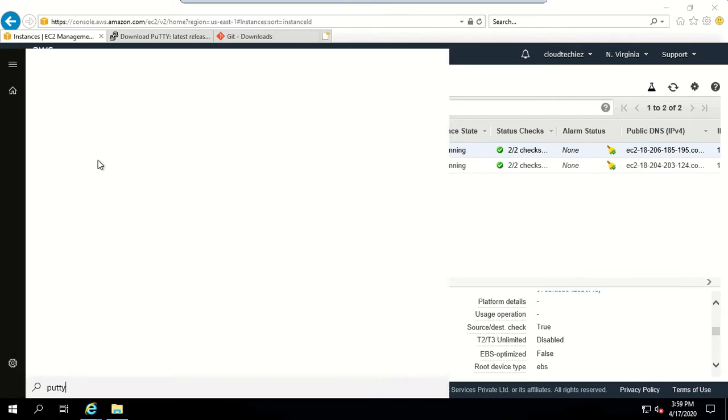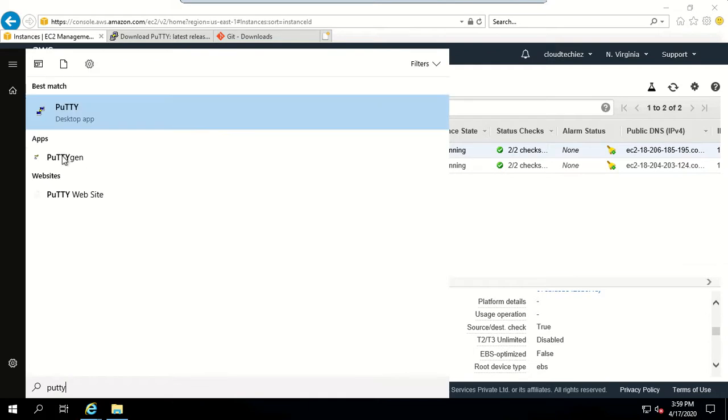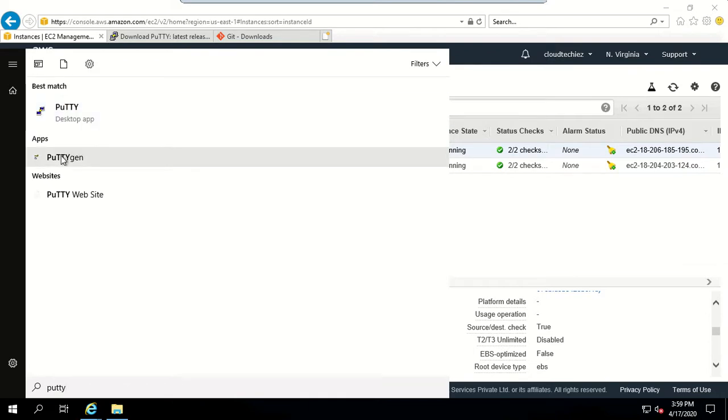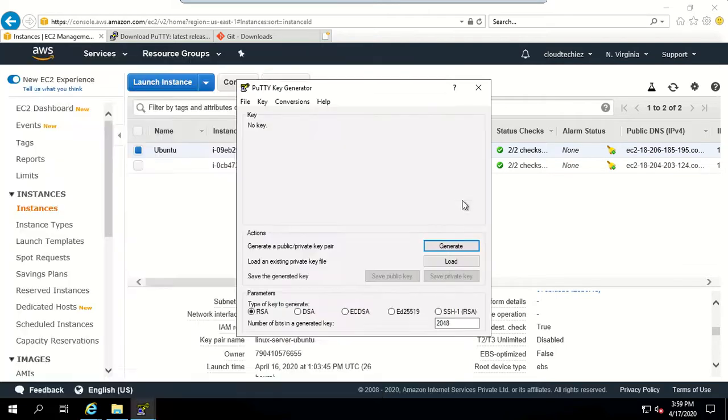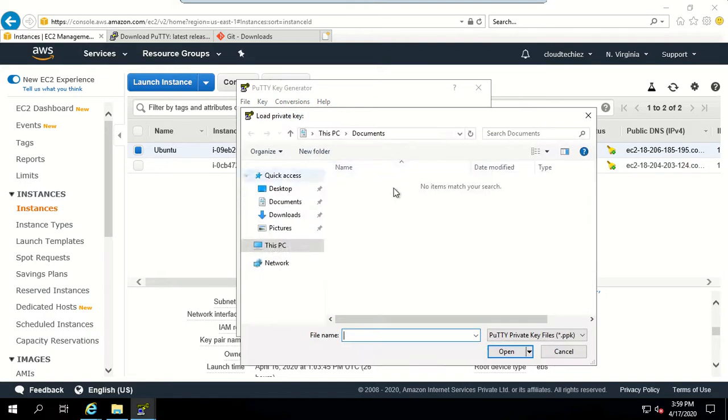So to convert your PEM file, open up this PuTTYgen and click on load and go to the location where your PEM file is present. My PEM file is present in the downloads. Now by default this will look for your PPK file, so click here and click on all files and you should be able to see your PEM file.